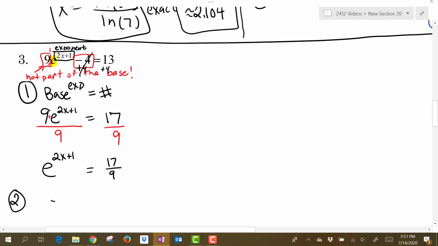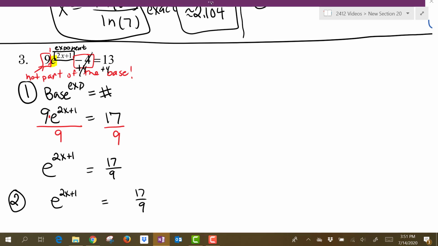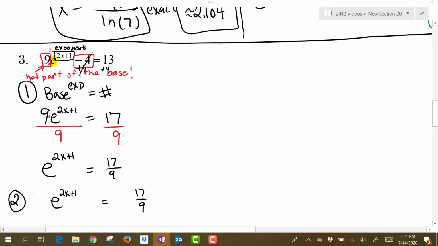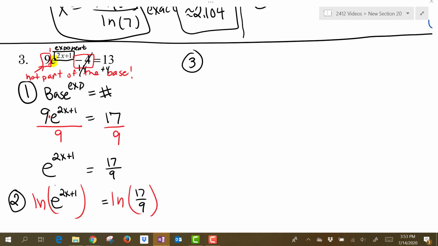All right, step 2 is to apply natural log to both sides of the equation. Now step 3, we can use the power rule to bring the 2x plus 1 out front of that log. Now if you look closely, there's actually an even faster way to accomplish what we want to accomplish, and you'll